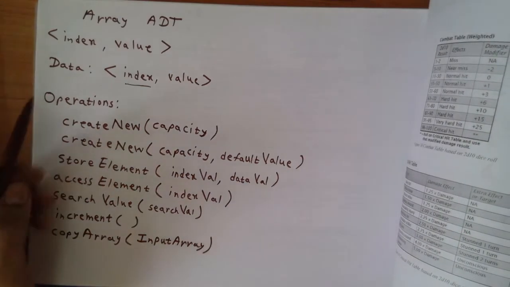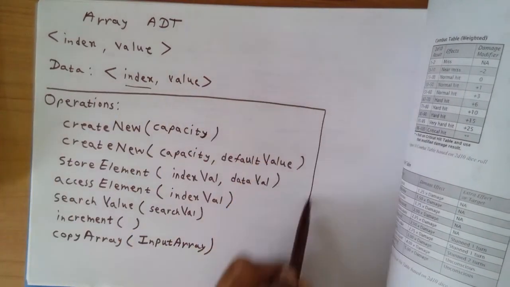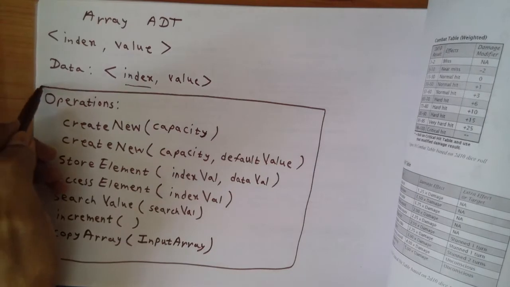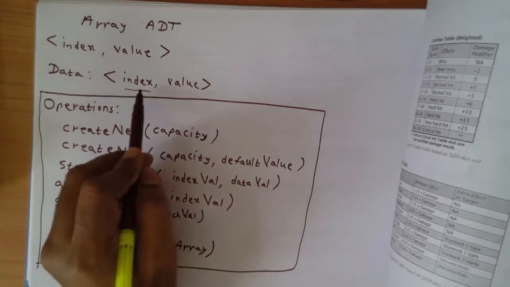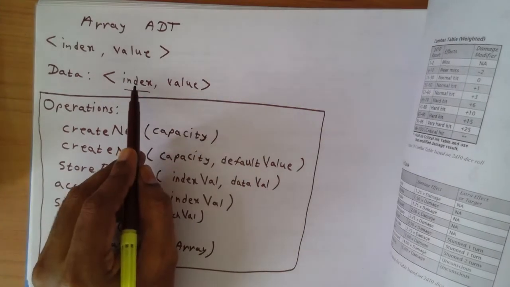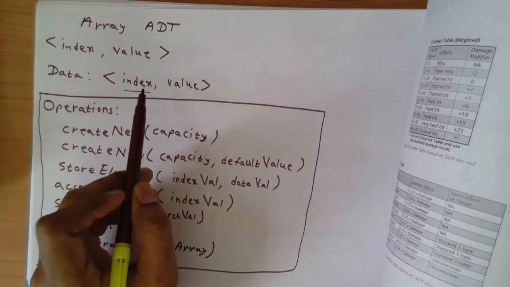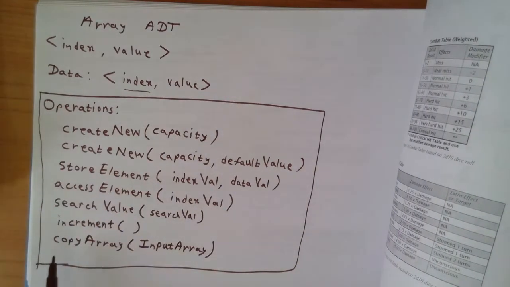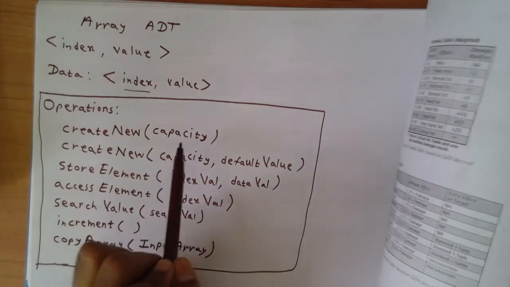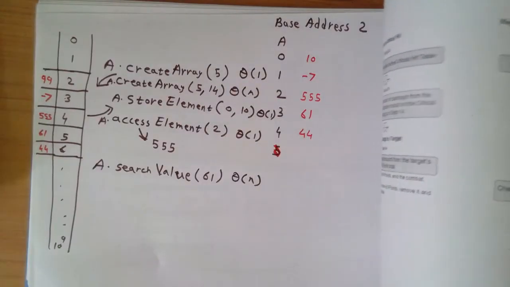And remember, out of these, only operations are visible to the external client. So only this is the visible part to an external client. Any other program that uses our ADT knows about only this, and is not aware of the internal data. So you can have a newer implementation with a different way of arranging and storing the data, but as long as you keep your interface, your operations, the same, you can change the implementation of operations as well as the implementation of your data. We looked at one particular way of implementing arrays as contiguous memory, and now let's look at stack.